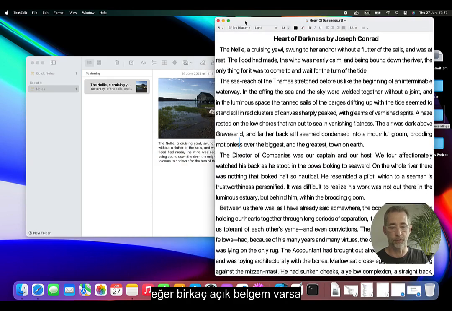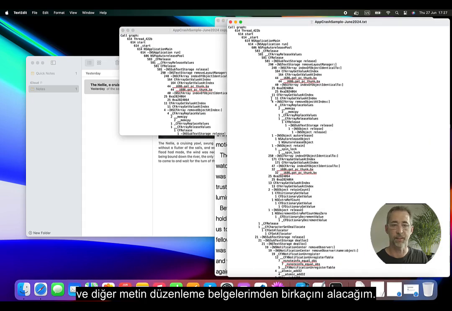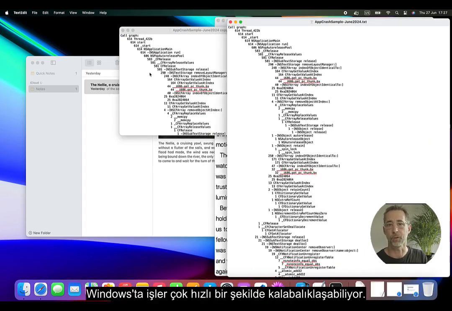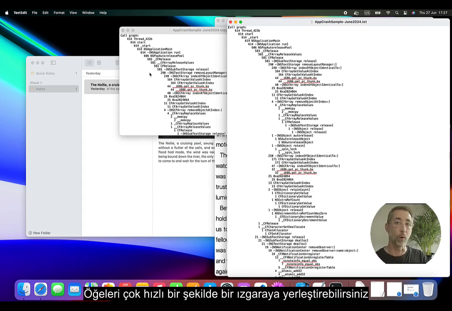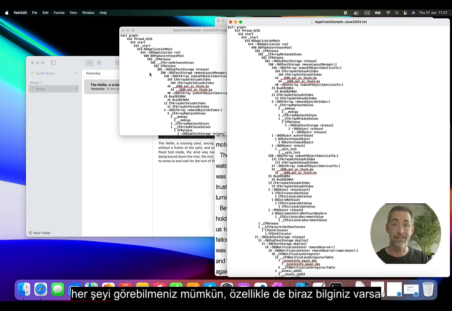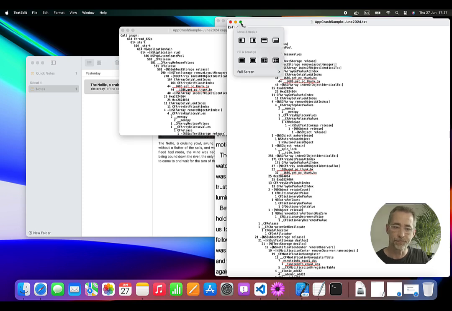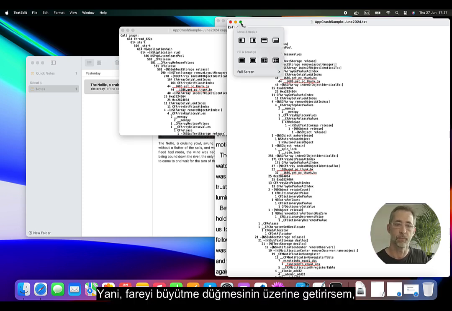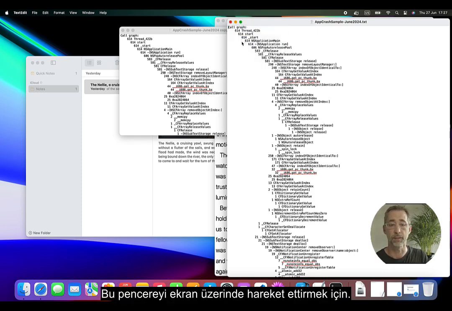Now, if I have a few documents open, and I'll grab a couple of my other TextEdit documents, things can get crowded very quickly. On Windows, you might be very quickly snapping items to a grid and laying things out really well so that you can see everything, especially if you have some nice, beautiful, big monitors. It's a little bit different on the Mac. So if I mouse over the maximize button, I can see a few different options for moving this window around